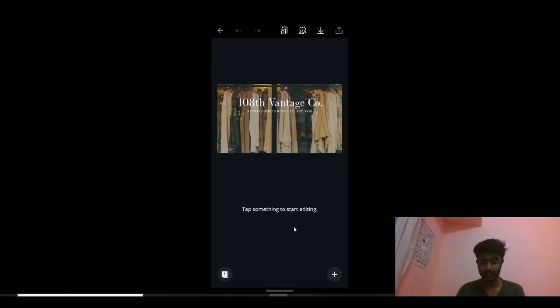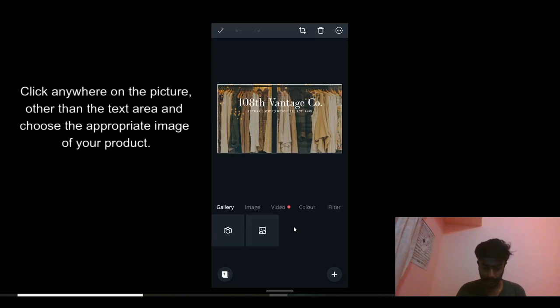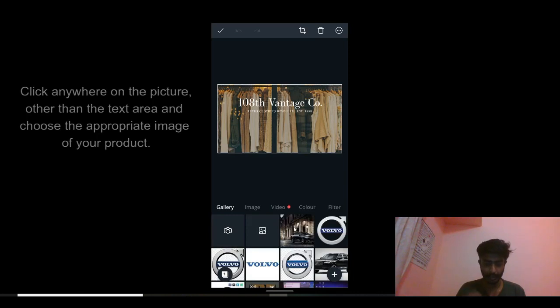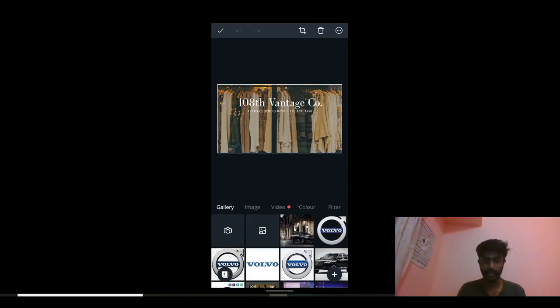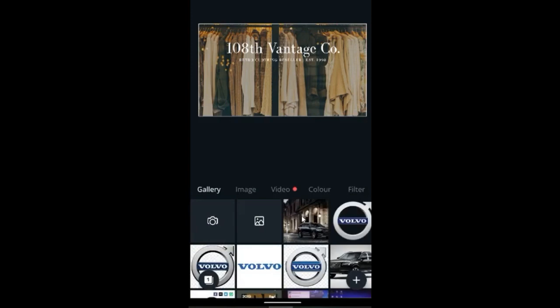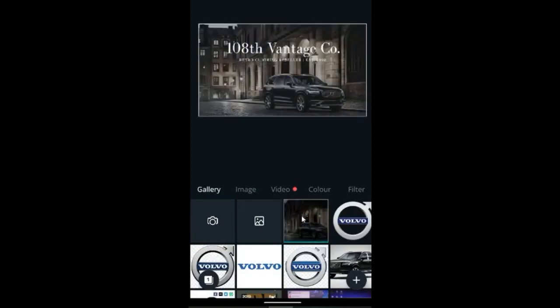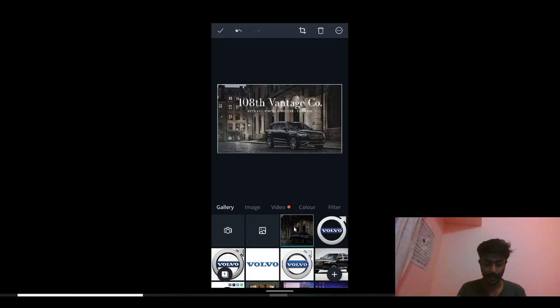This is a partially made template, which I think is showing something related to a cloth brand. I would like to change the picture by clicking anywhere on the picture, and you can see that it has been selected and it lets me replace the existing picture. I've downloaded this Volvo XC90 picture, which has very good texture and lighting. If you have your own product, it can be a drink, a watch, anything, you will have to do a very good photo shoot. You cannot copy somebody else's, as that can lead to a copyright issue.